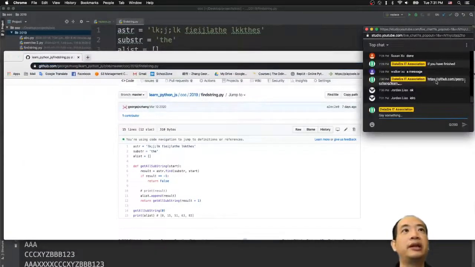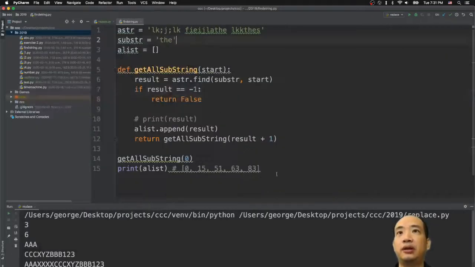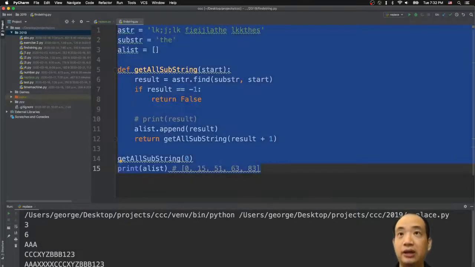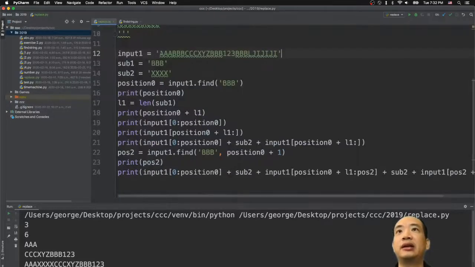You click on the link here. You click on here, and then you go to grab this script. If you don't, you can grab it. Control C to copy, and Control A here. Yeah, you can use Control A and Control V. So you will replace here. Obviously, yeah, in this function, get all substring, it will give you all the positions of the substring, right? For our case, I want you to copy this one, AAA, or